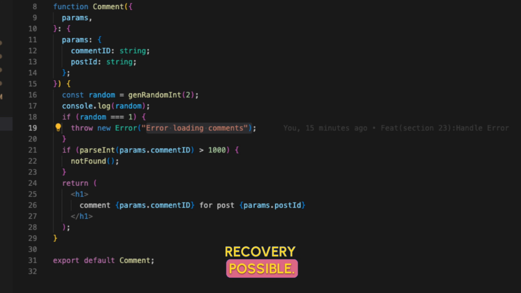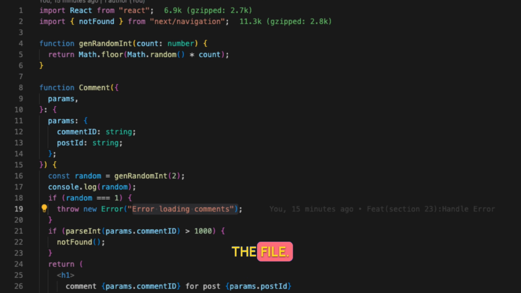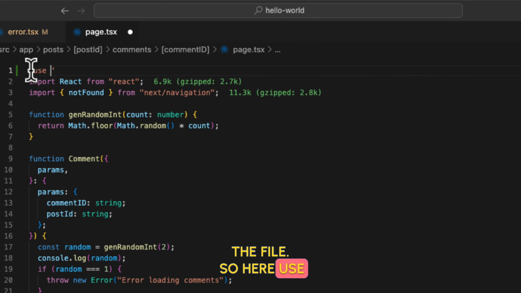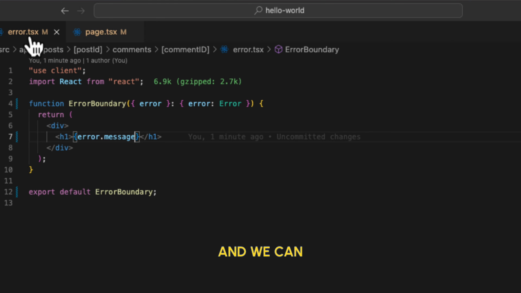To make recovery possible on the client side, we'll convert our page.tsx to a client component by adding "use client" at the top of the file. So here, "use client". Okay, now in the error.tsx we'll add a button triggering the reset function